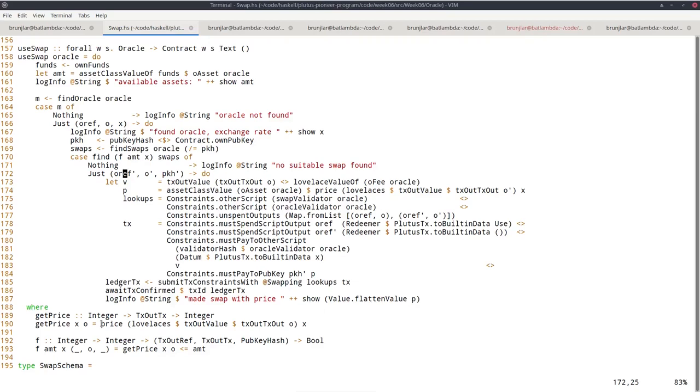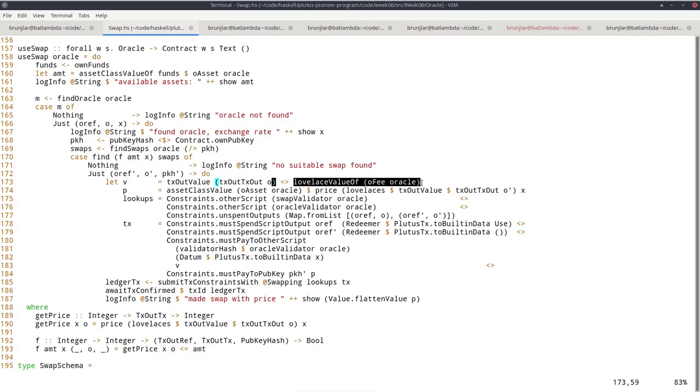And now I construct a transaction. So this is the output for the oracle. So that will be the existing value in the oracle. So the o, remember, is the oracle we found here. So this is the value that's already in the oracle, which will be the oracle NFT and maybe some fees that previous users of the oracle paid. And I just add my fee to that. So this is now the output value. Remember, when I use the oracle, I have to add fees.